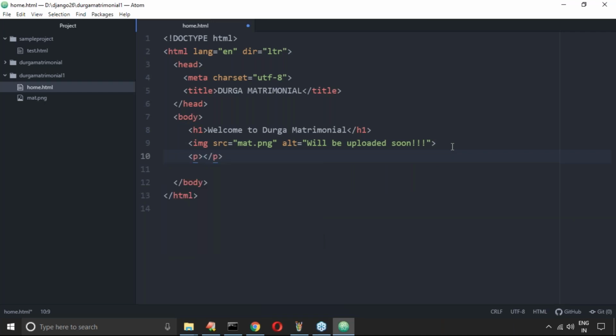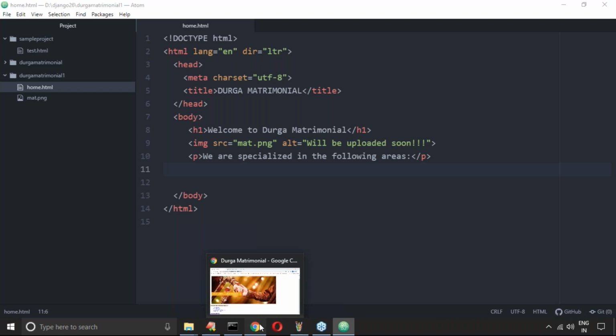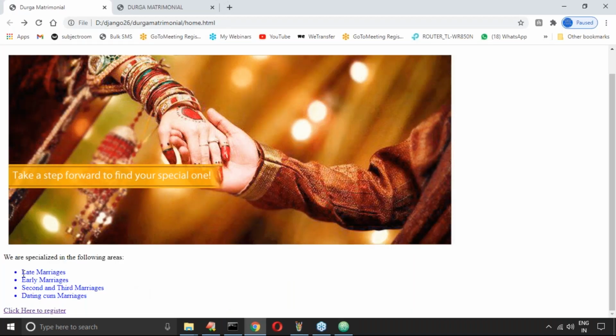Next, the paragraph tag. In the paragraph, we are specialized in the following areas. Which areas? Late marriages, early marriages, second or third marriages, dating come marriages.